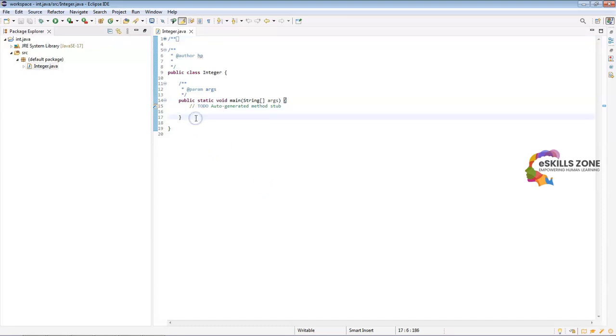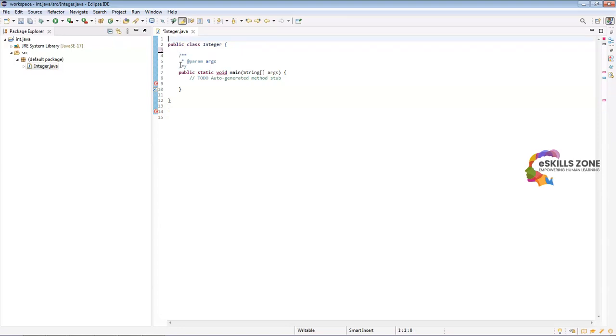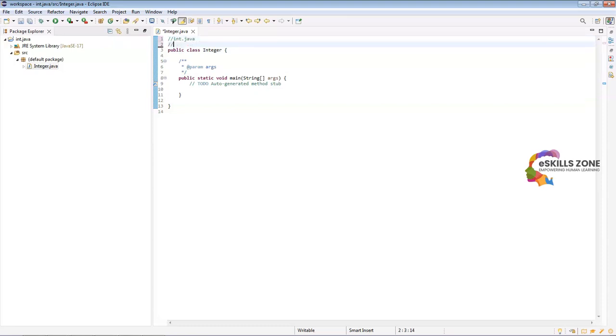So here you can see a basic program of Java. You can always delete all these comments which are not required. So over here we will type a single line comment. We can type // and we will type the name as prg.java, but here we can give the name as integer.java, name of the program, and then give one more double quotes, the description of this program is integer data type